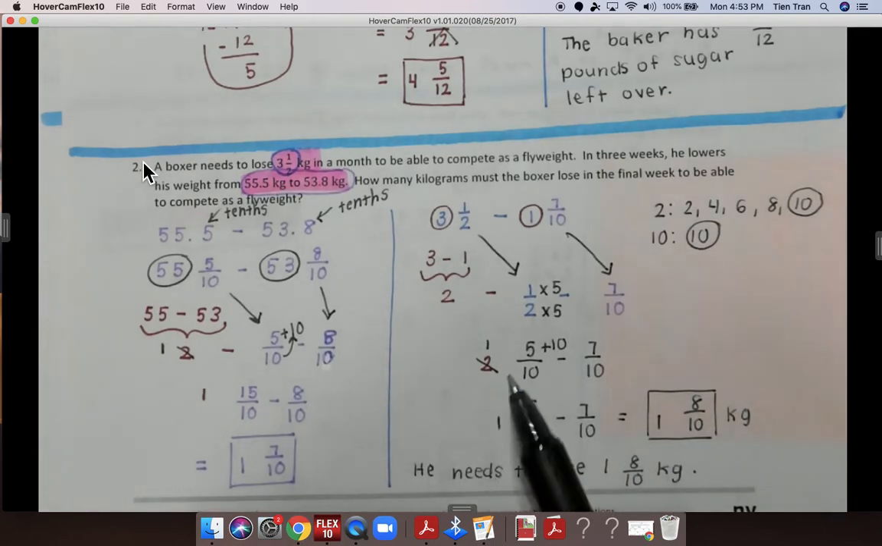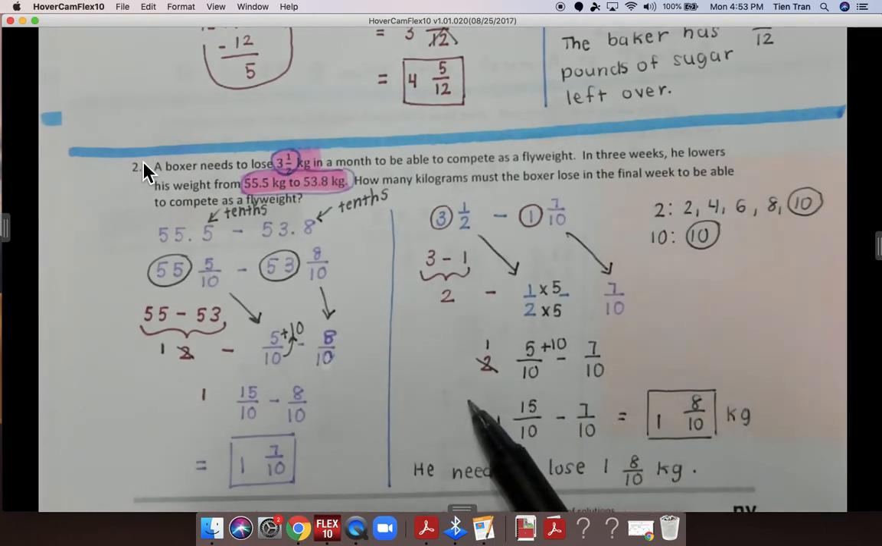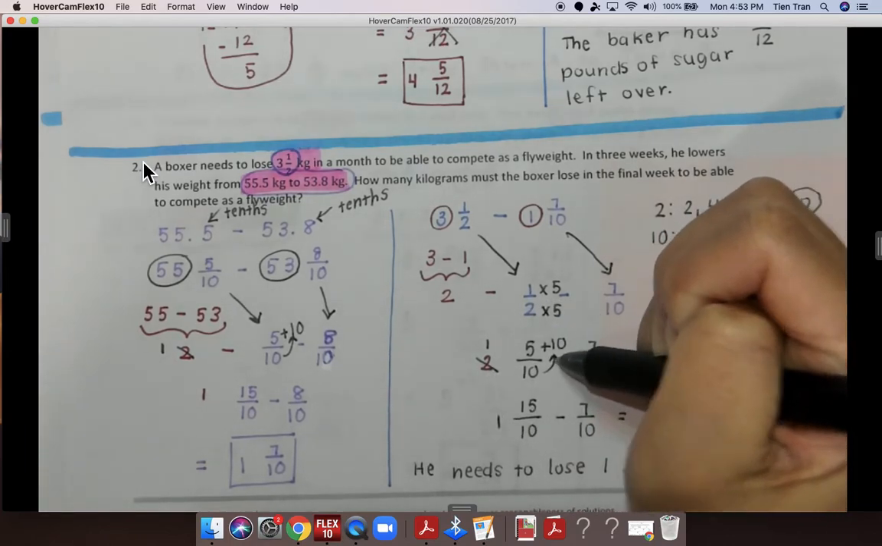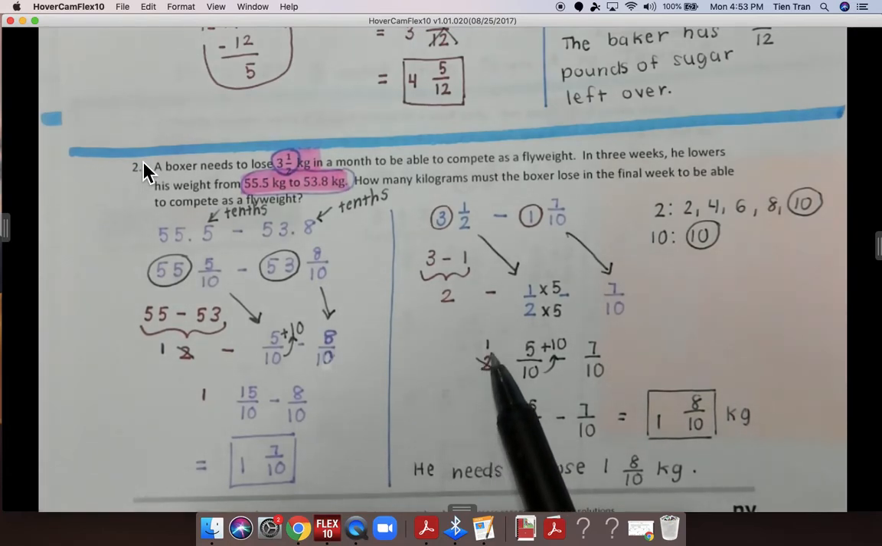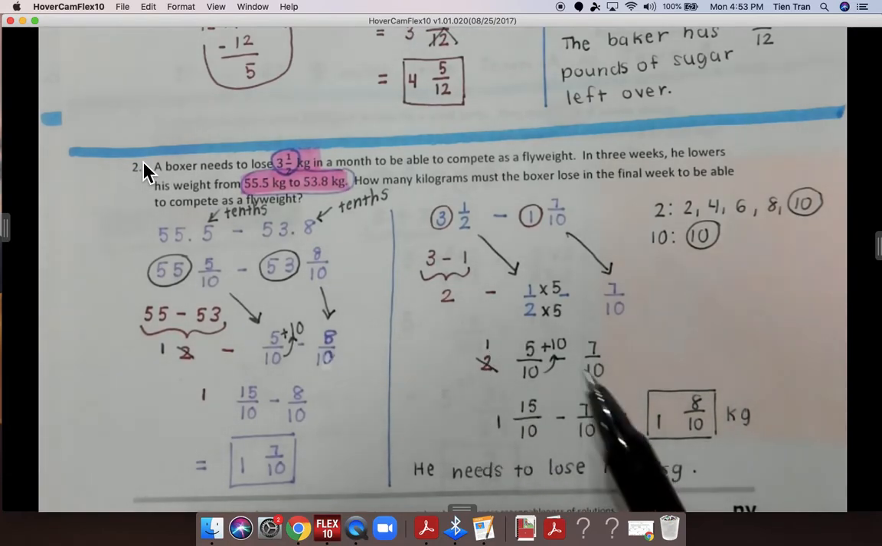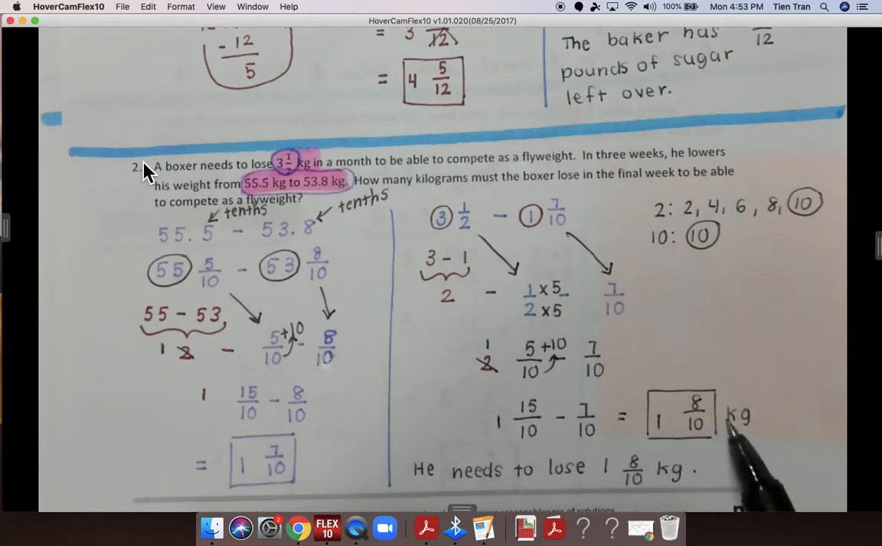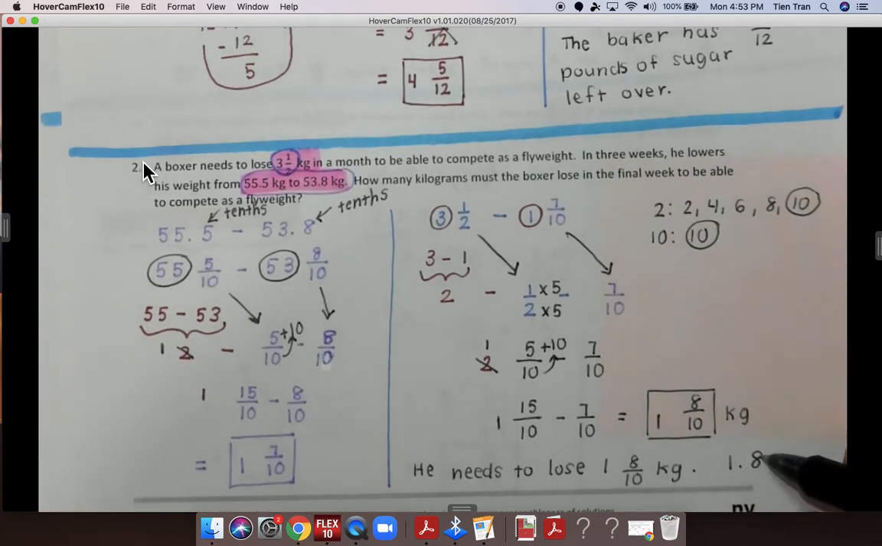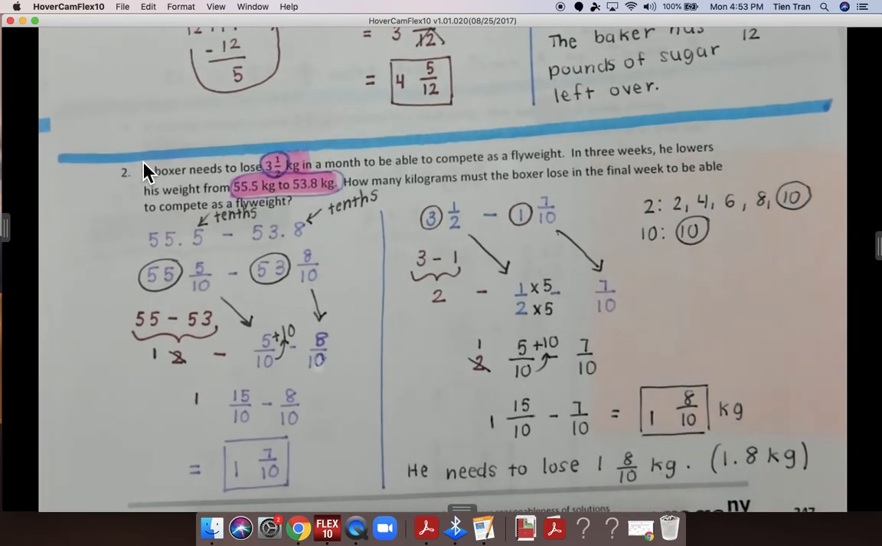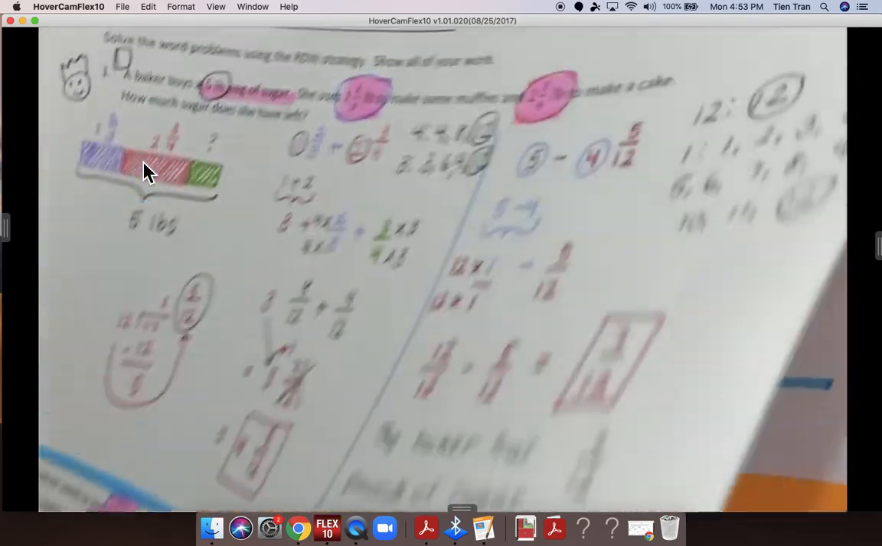I can't subtract 5 minus 7. So what I'm going to do is borrow from my whole number 2, and that's going to give me plus 10. And my whole number changes to a 1 because I regrouped. So 15 minus 7 is equal to 8. My denominator is 10, and my whole number is 1. So that means that he needs to lose 1 and 8 tenths kilograms. Or you can even write it like this, 1.8 kilograms. Either one is fine. Okay, so that is for problem 2. Now we're going to move on to